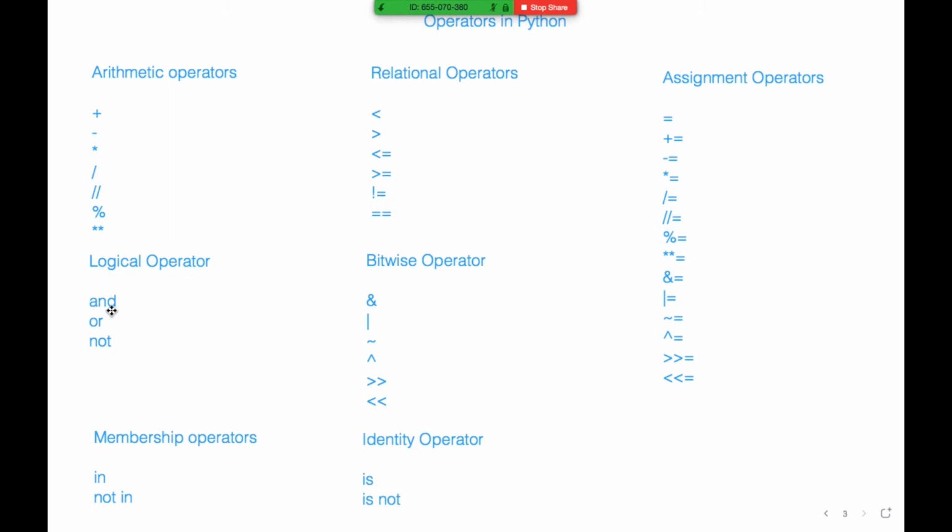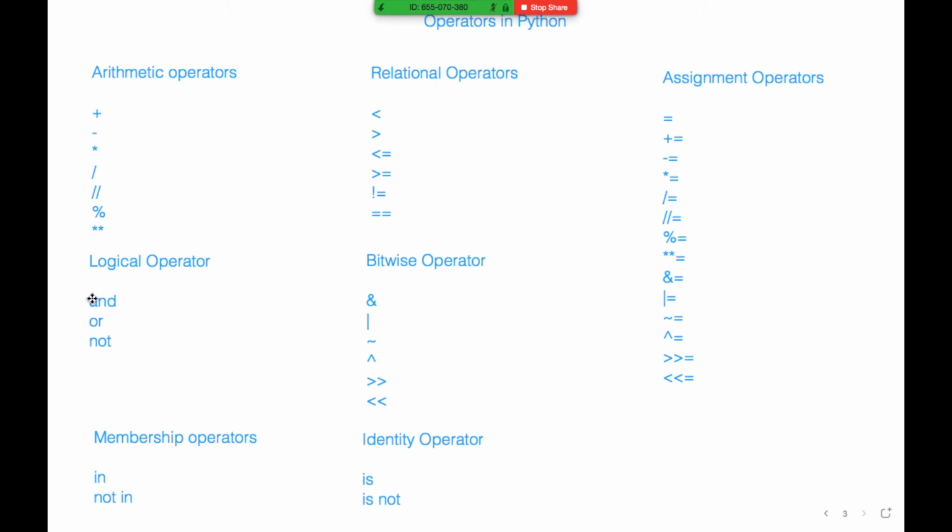Logical and, logical or. Logical and means both the left and right operands should be true, then only it will result in true. Logical or means either the left side or the right side of the or operator, if either of them is true, the output will be true.